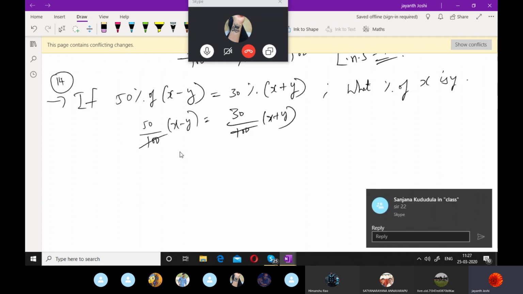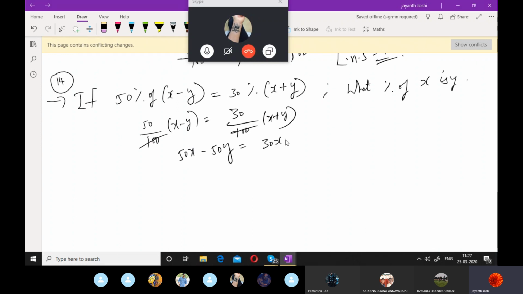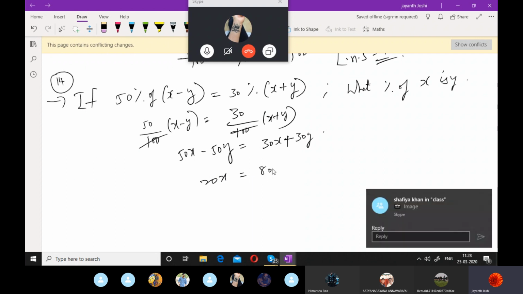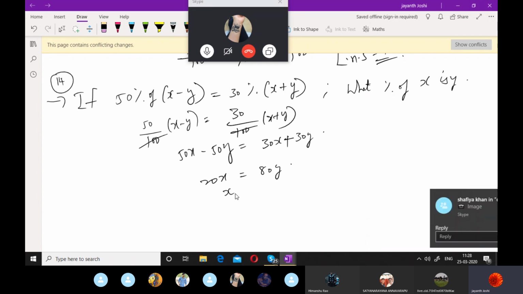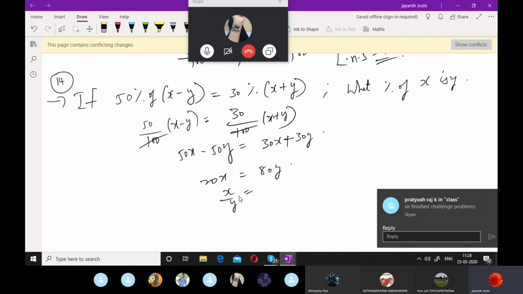Yeah, this will be cancelled. 50x minus 50y is equal to 30x minus 30y. So you get 20x is equal to 80y and x by y is equal to